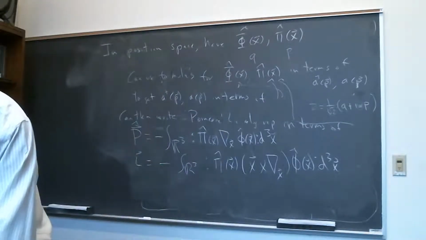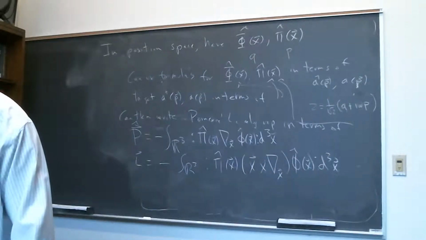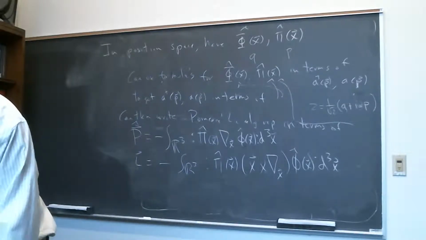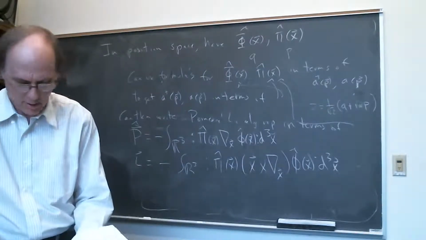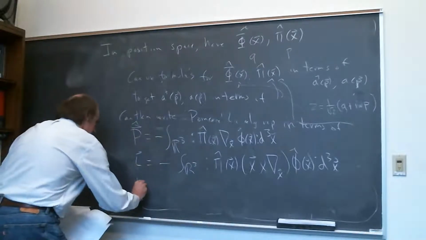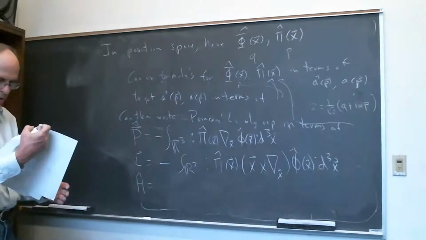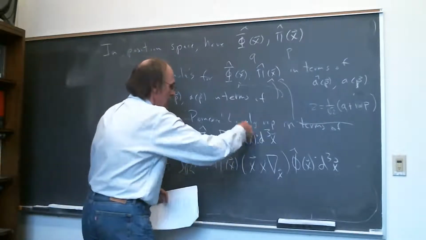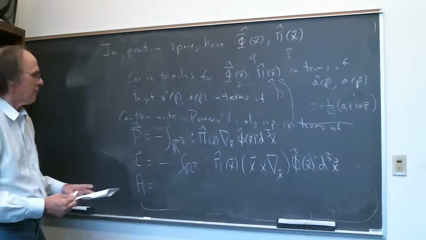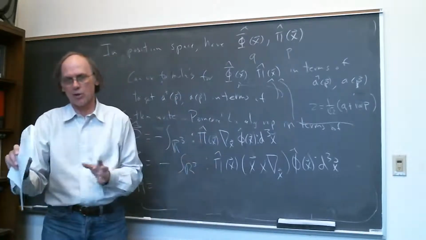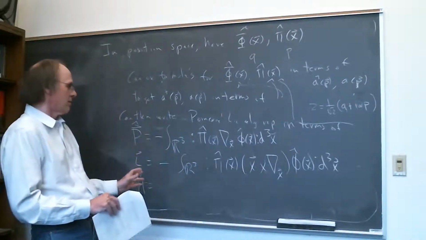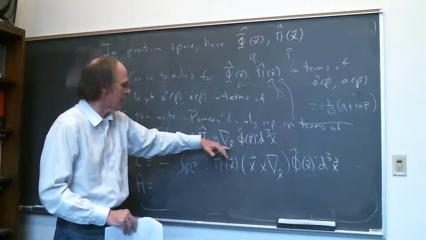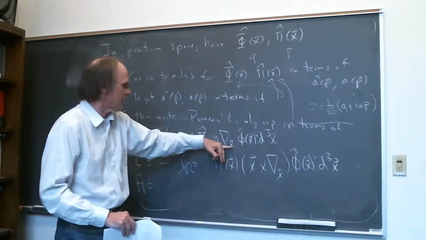Okay, so let's see. There's maybe one last thing to say about this. And then one last one, I guess, is just translations in time, and those give you this more interesting thing. The Hamiltonian is the function on the phase space which generates translations in time. The problem with this whole formalism is that it doesn't look relativistically invariant. The momentum is doing something simple here, but the time translations that give you the dynamics are not so simple